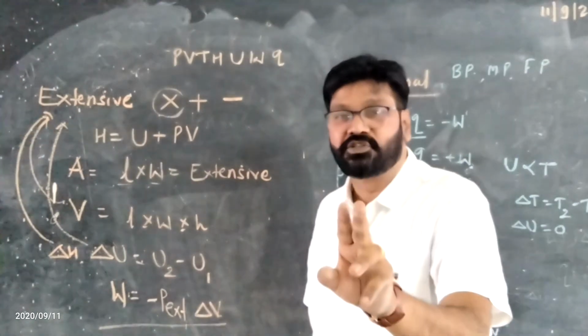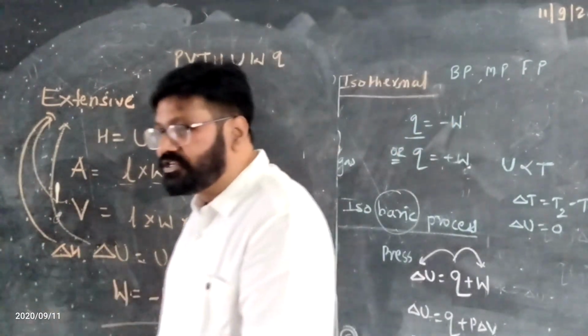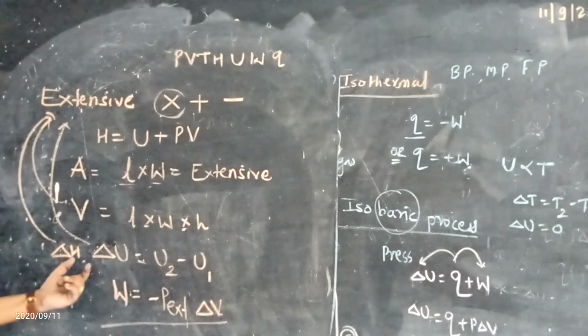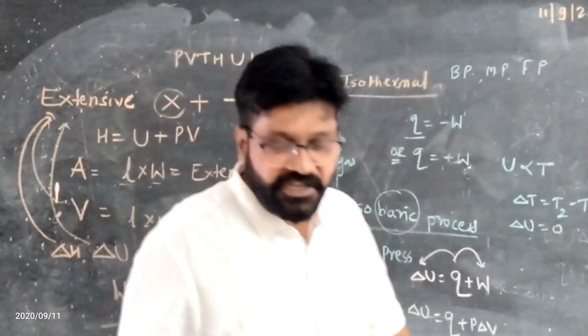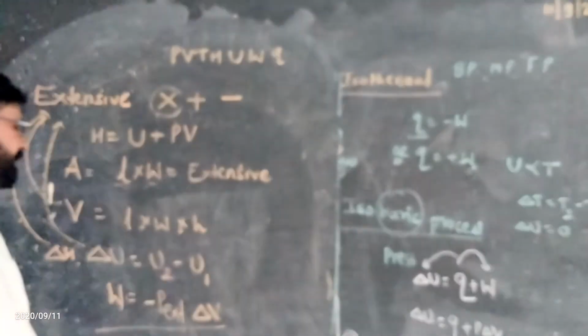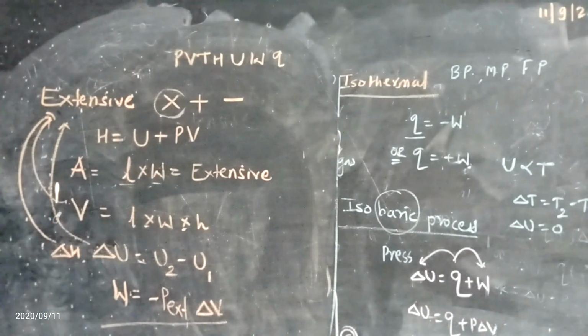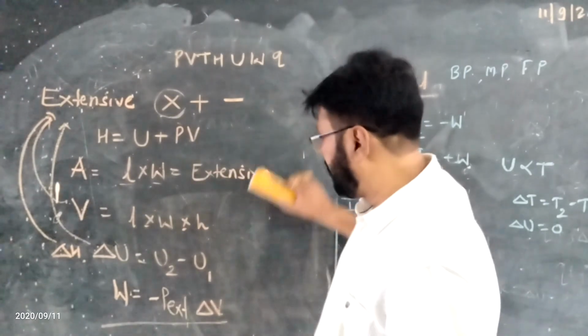It is also called a state function because it has two states, initial state and final state. That is, H has two states, H1 and H2. H1 is the enthalpy of the initial state and H2 is the enthalpy of the final state. Therefore, the addition and multiplication signs are used, therefore it is an extensive property. Now,